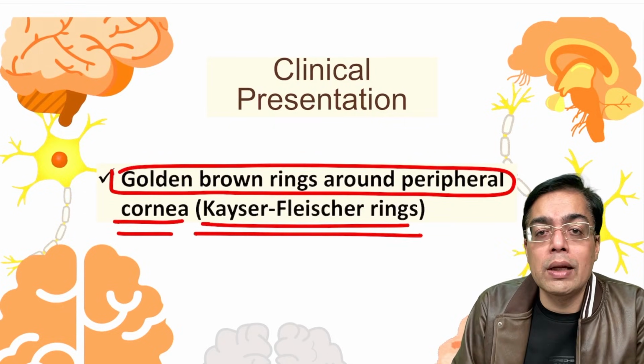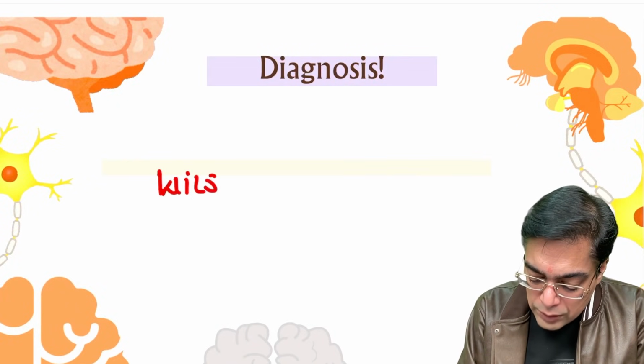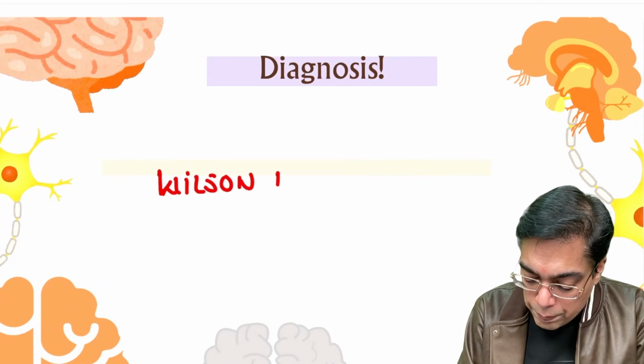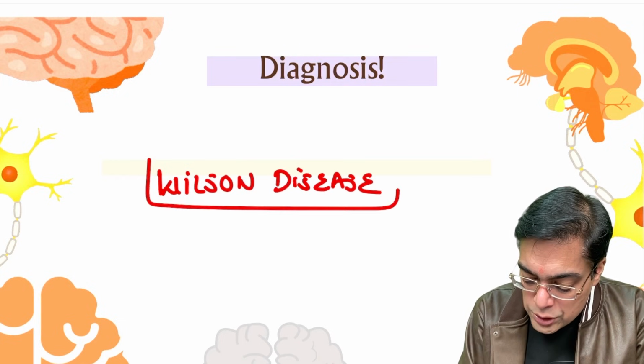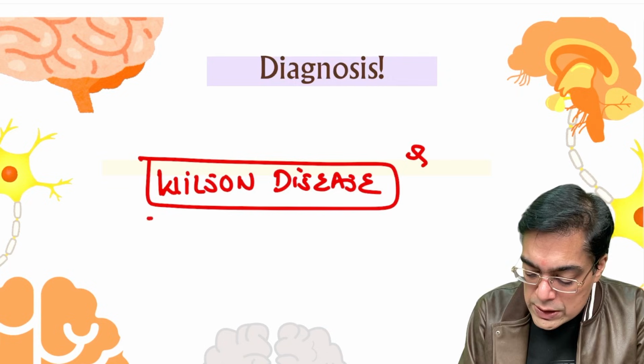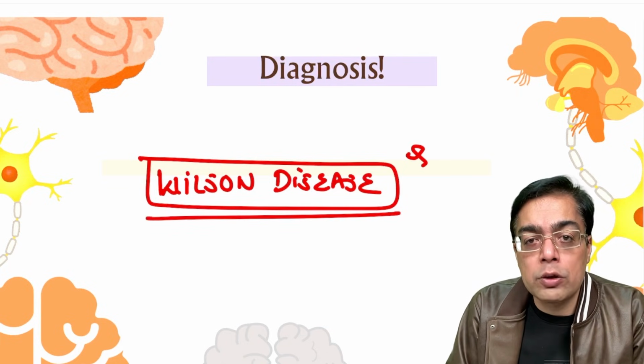So we are dealing with the Kayser-Fleischer ring. Of course, the moment I'm thinking in terms of a Kayser-Fleischer ring, I'm talking about an excessive amount of copper. And the moment I'm thinking in terms of excessive copper, I'm dealing with a patient who's going to be suffering from Wilson's disease. Now, Wilson's disease, I would like you to recall from the perspective of a biochemistry question,